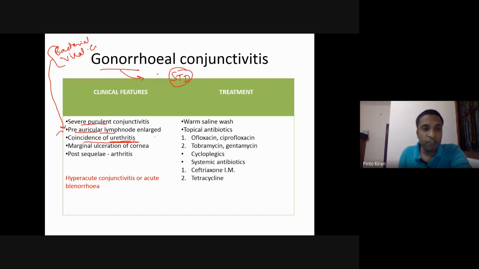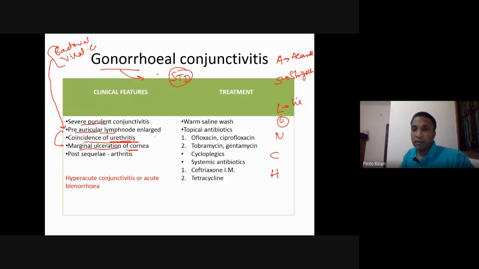We know that Neisseria gonorrhoeae crosses the intact corneal epithelium, so it can produce marginal ulceration of the cornea. What are the other organisms which penetrate the intact cornea? Last time I told you these organisms eat the cornea as a lunch. So A, S, L. Do you remember? We don't have anything with U. Anybody? Acanthamoeba. Okay. Then you have Shigella.